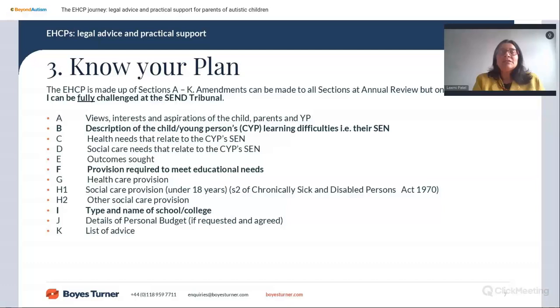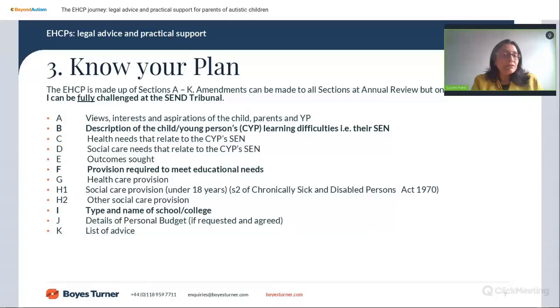Now, obviously, if the EHC needs assessment goes ahead, if it's approved and it goes ahead, then the local authority will carry out the assessment. They will arrange for an educational psychologist and other therapists, possibly. They will arrange to get information from any consultants, medical people, practitioners, and also social care as well. They will also write to you as parents, but also the school. They will gather all of that information and decide whether they are going to issue an EHCP.